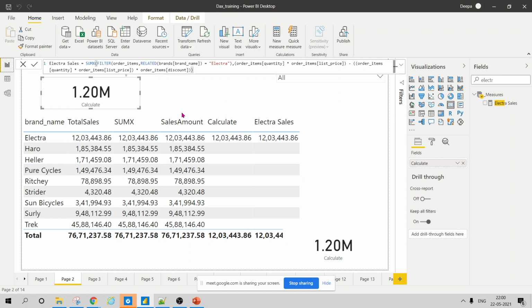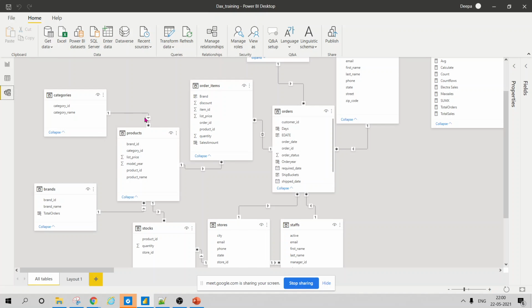You need to remember that whenever you are going in the one to many direction, you will use the RELATED function, and whenever you are trying to get a value from many to one direction, like I am sitting in a product table, filtering on category ID, and for this category ID I want to get the brand name, or for this product ID I want to get the brand name, because it is from many to one, I will use the RELATEDTABLE function.